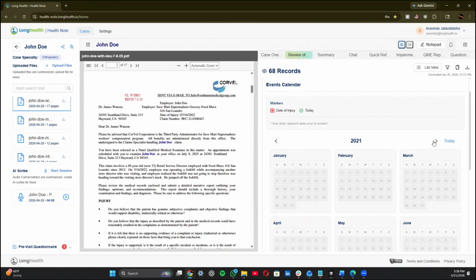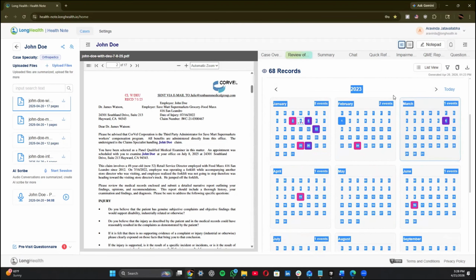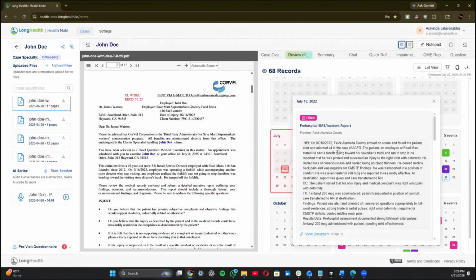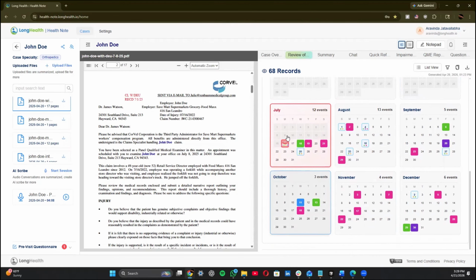And if you want to view when the person was injured, you can always go back and see that particular month is marked in red. And this is the date of injury, as you can see, DOI. So this is when that patient was injured on. And following that, all the events that took place are color coded and marked on the calendar. So this gives you a much more intuitive way to understand the entire review of records instead of just reading